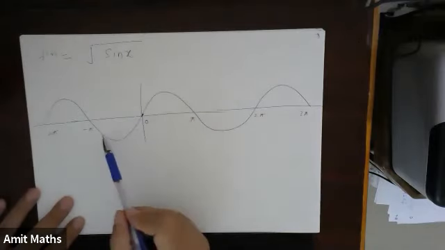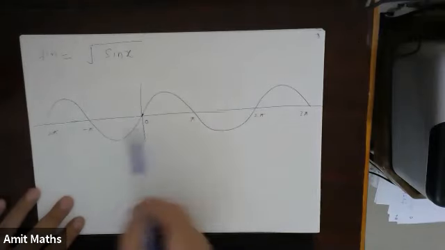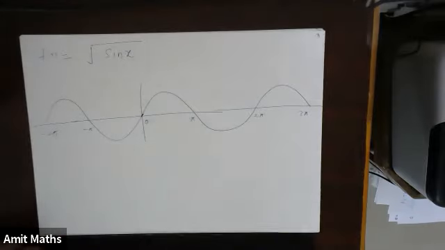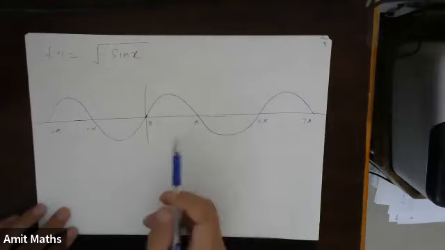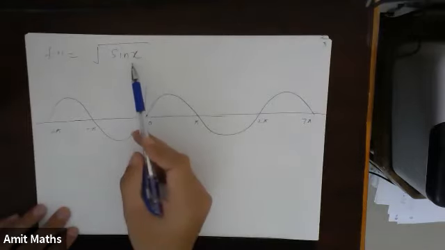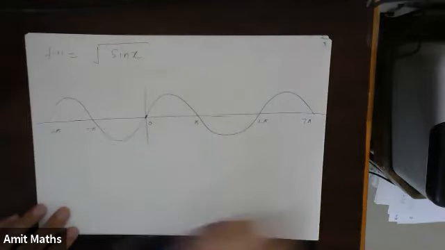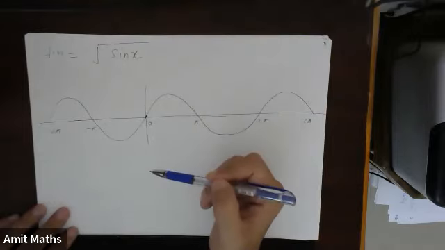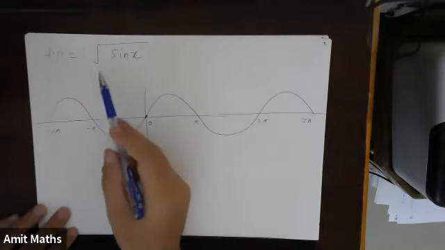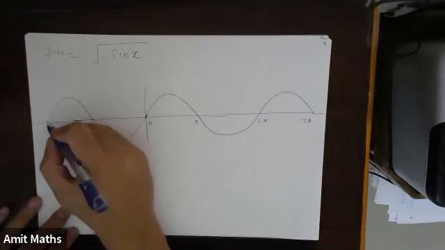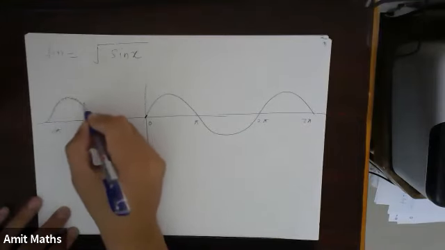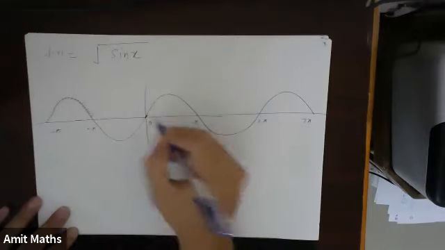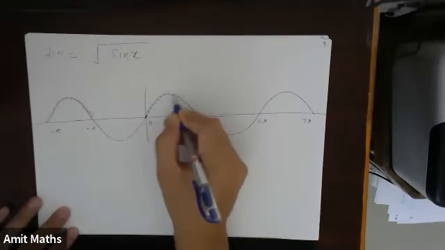If we had only the sine curve, the domain would be simple. The domain of the sine curve will be all real numbers, all real values of x. Sine can take all of them and it will return some positive values and some negative values, right? But in this case, we have to take only zero or non-negative values of sine. That means we can take only these values of sine.